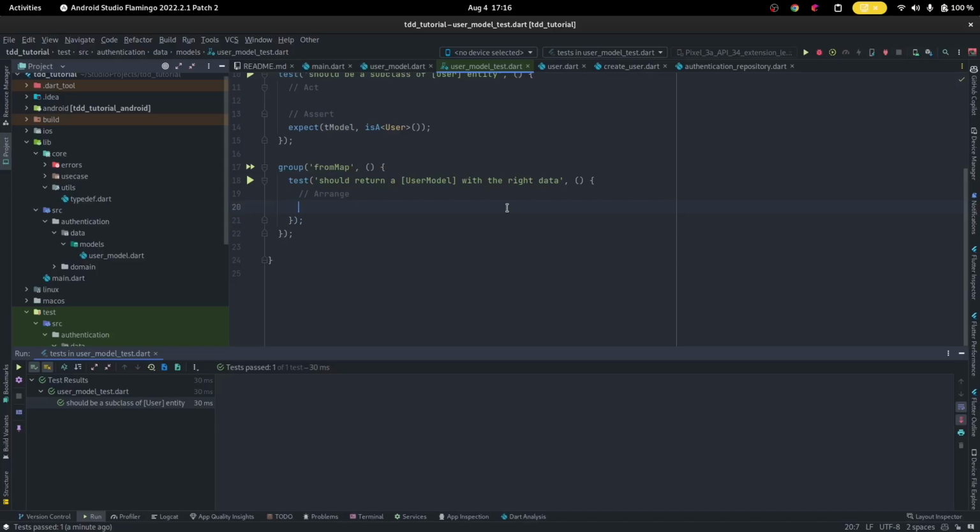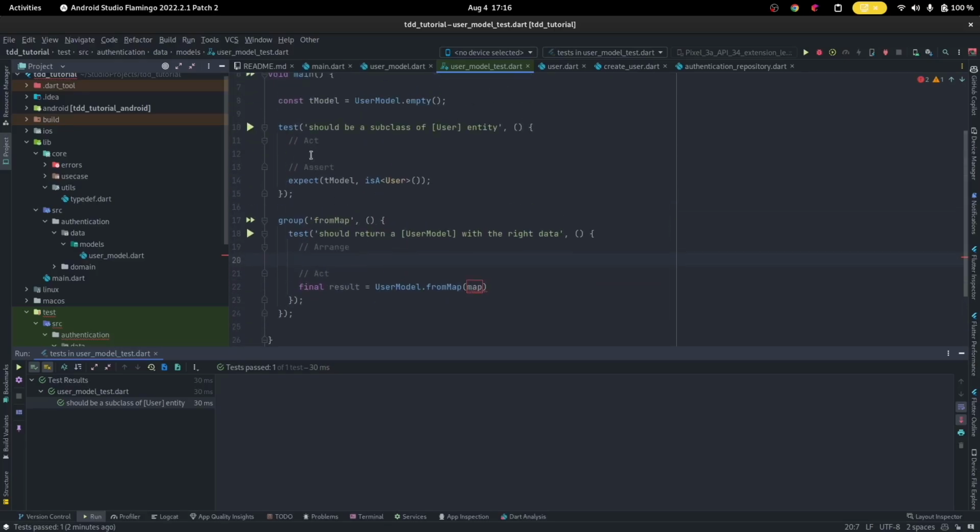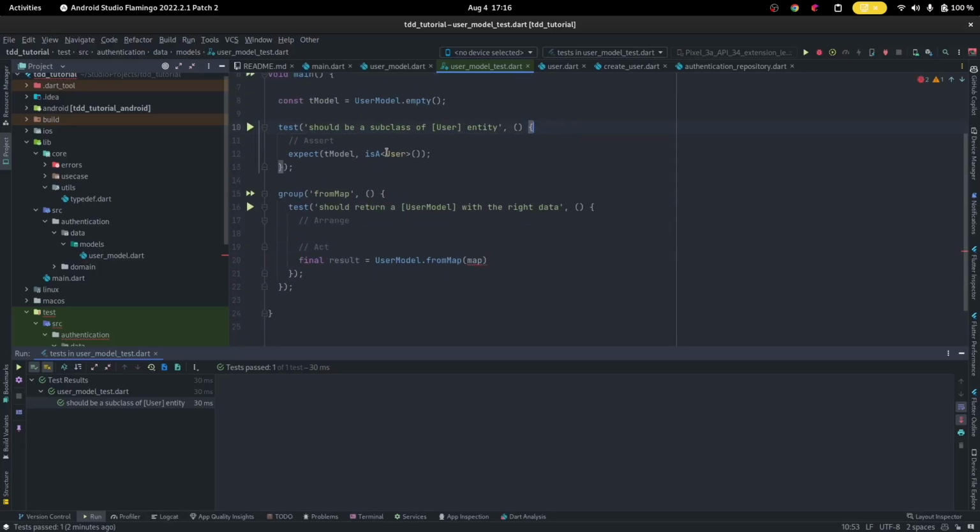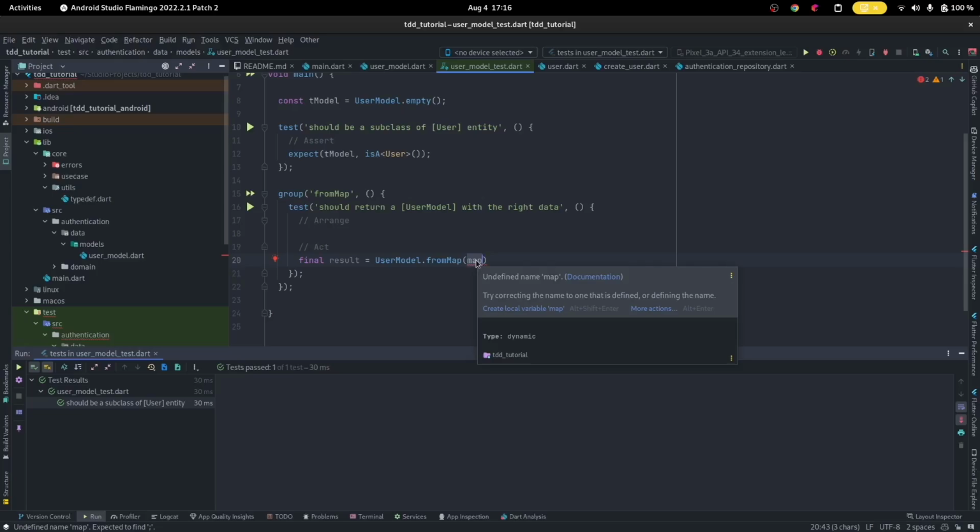So what is our second arrangement? All right, let's first of all go to act. We can act and say that the T model, or sorry, final result will be equal to user model dot fromMap, right? And what map are we going to give to this person? Let me go ahead and remove this as well, because we already have that generally for everyone who needs to use it. So what map are we going to give this person? Now we can see that this person depends on a map. So its dependency is a map from the server or something. In order to create this map,